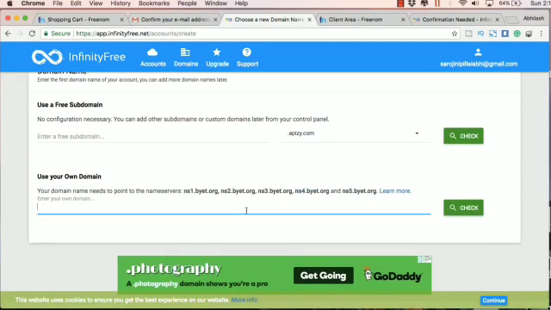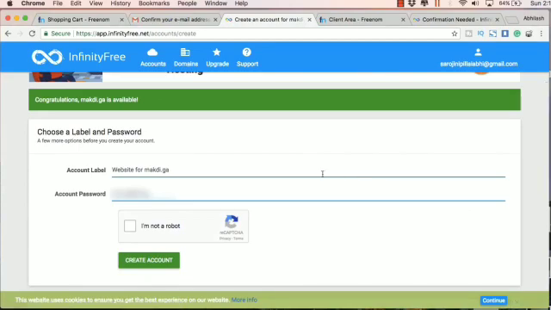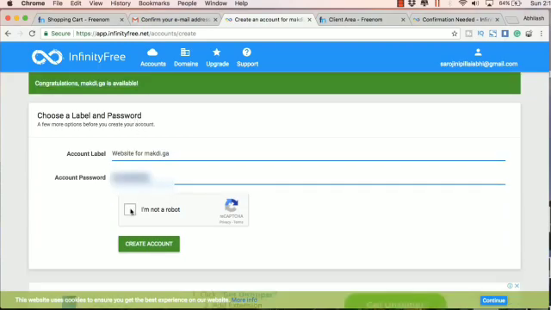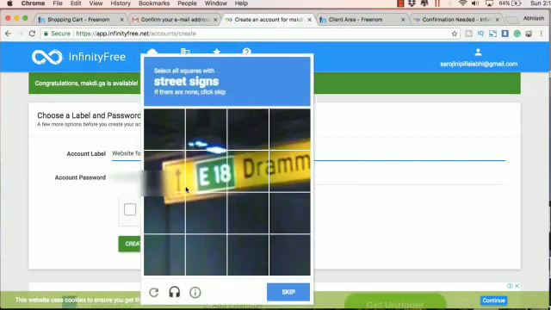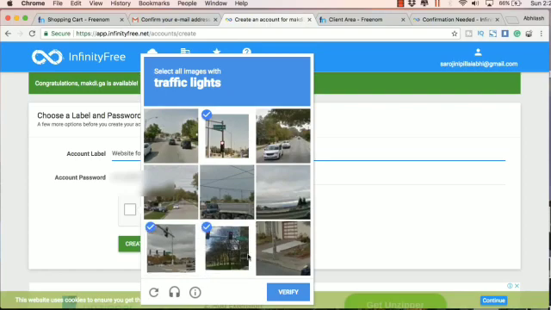So once you have done that, you just need to enter your new domain name here, makdi.ga, and just click on check. And here you will get your account details, including your hosting account's password. Now keep the account password safe, because this is how you upload files later whenever you want to create a static website. But today we will be creating a dynamic website, which will be WordPress based CMS website. I will just show you the step-by-step process.